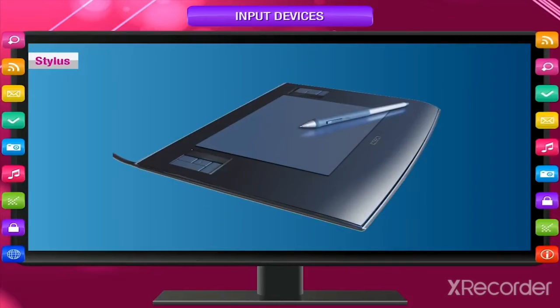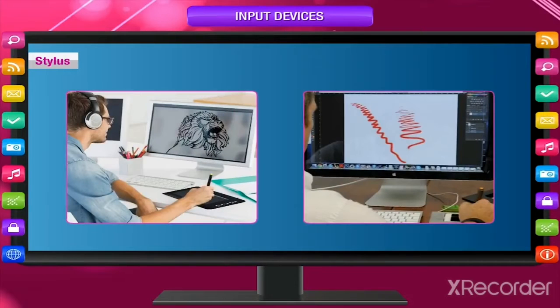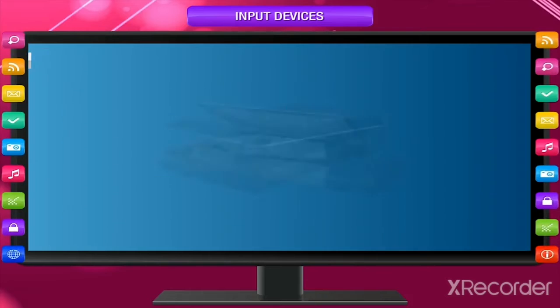It looks like a pen. There is a special pad used with this pen. Whatever you write on the pad with this special pen appears on the monitor. This special pad is known as graphics tablet or pen tablet. You can draw also using this pad and stylus.